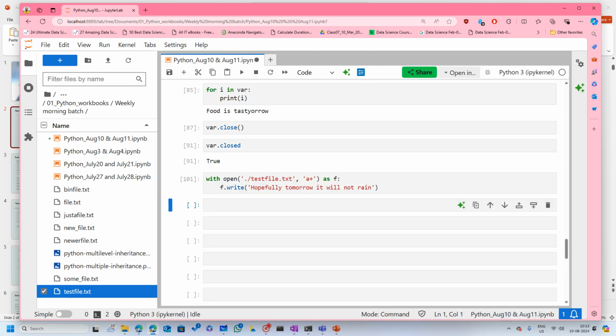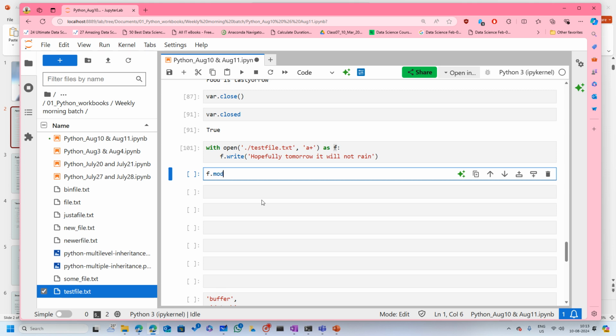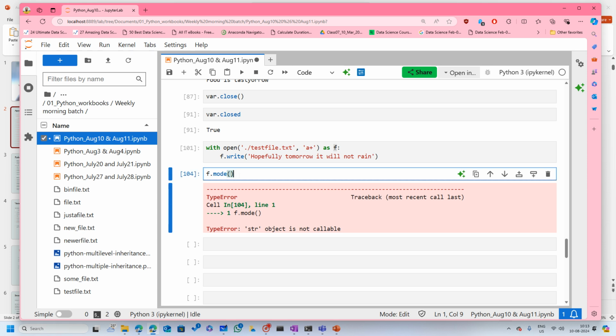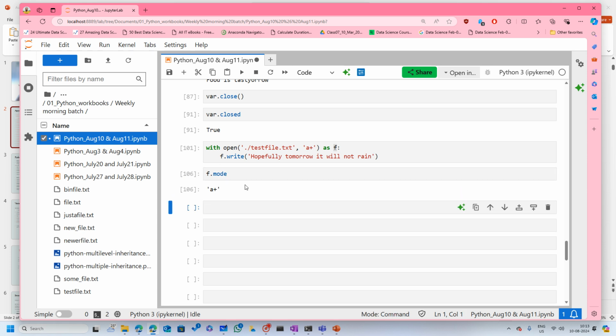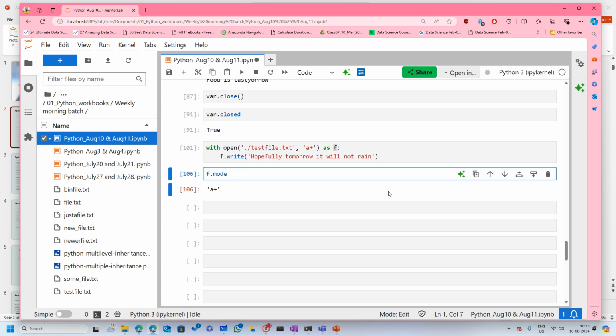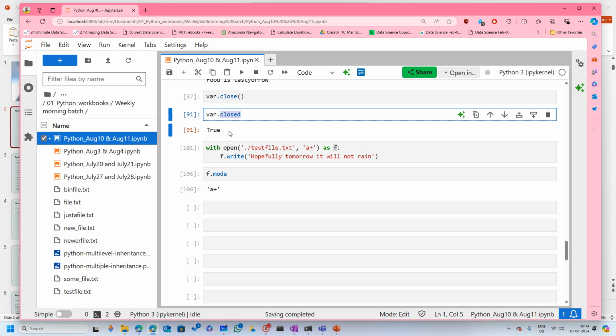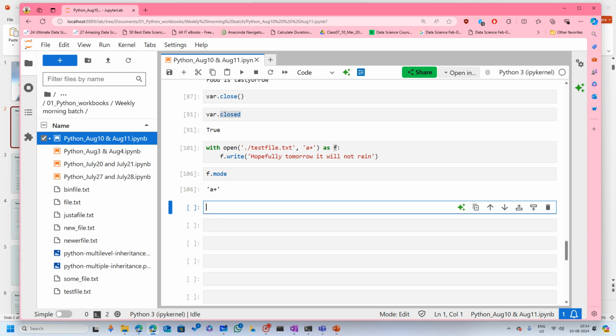Okay, still fine. So this pointer that I have opened, if you want to check what mode the file was opened in, that is when you can use mode. If you want to check if the file is closed or not, then you can use closed. That way. Now for the same pointer,